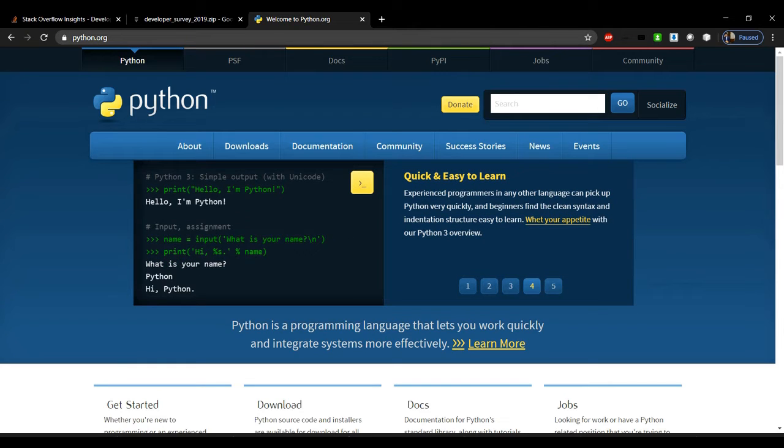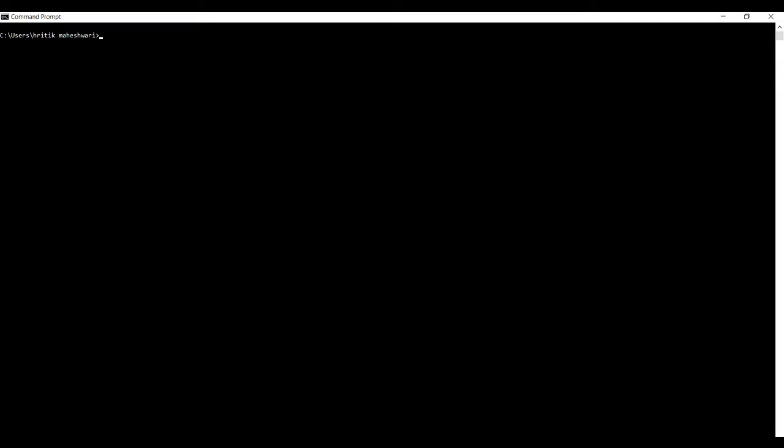You will get the pip package along with Python. I already have Python on my system, so I don't need to reinstall it. Now I want to install pandas, so I just need to run the command pip install pandas, and depending upon your internet speed it will take some time.